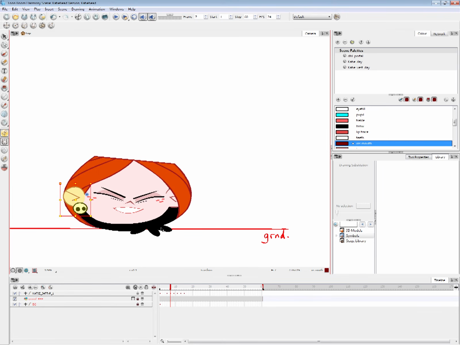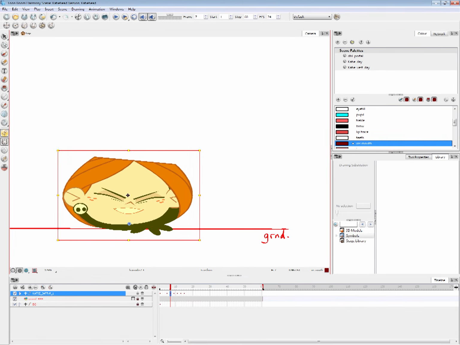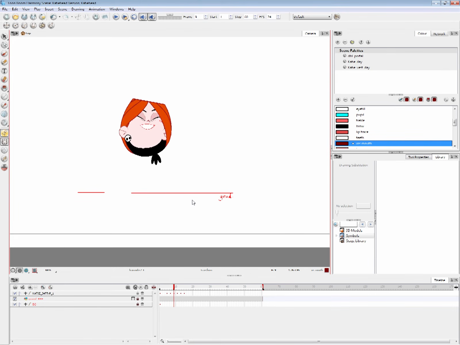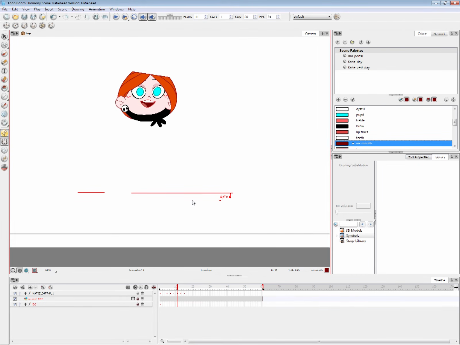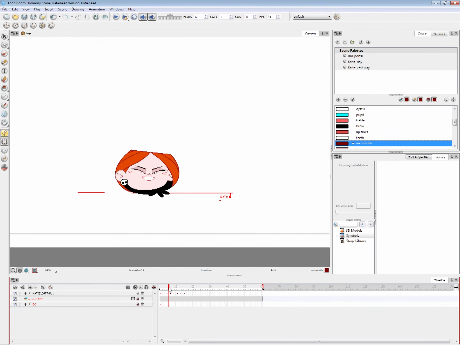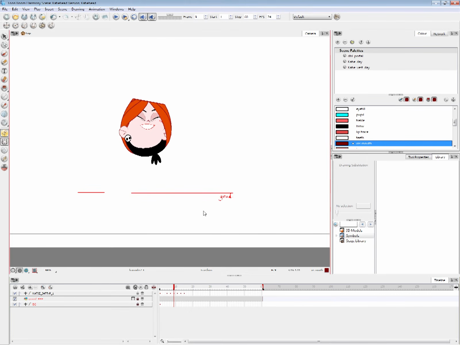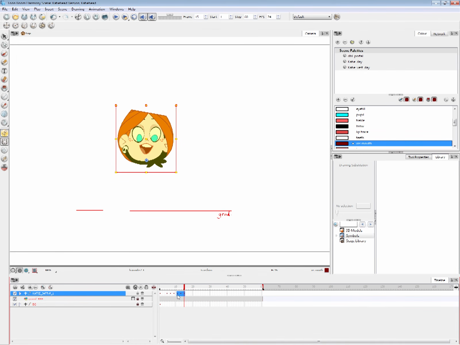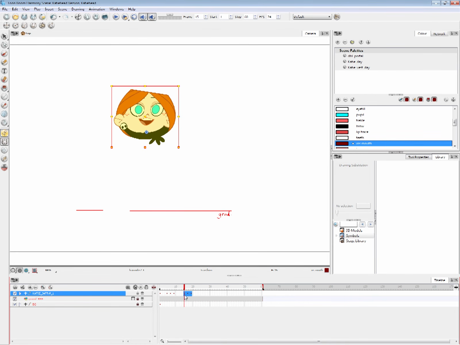So this frame will be our extreme. And of course this head was not really designed to bounce around like this, so the hair might look a little weird. Okay, so next frame we're gonna jump straight to this, and then this is our hang time frame, right? So I'm gonna move it over a bit,